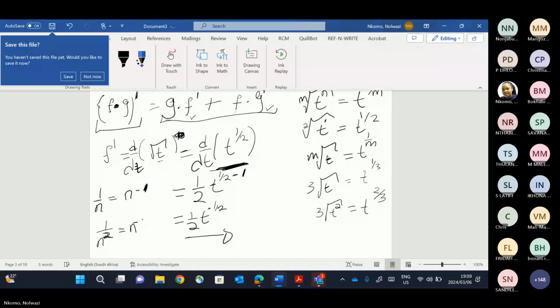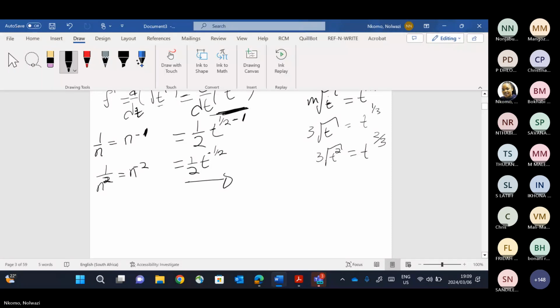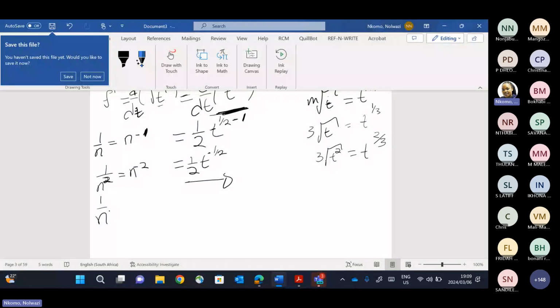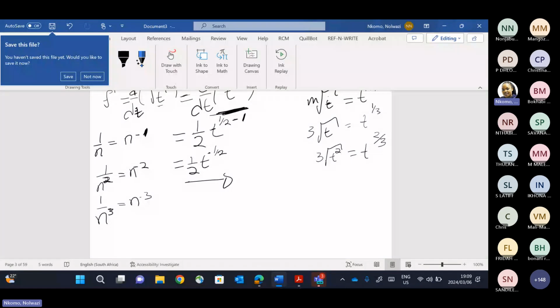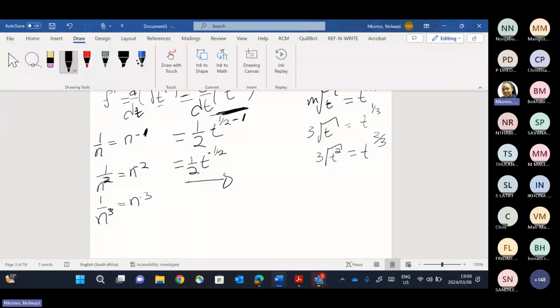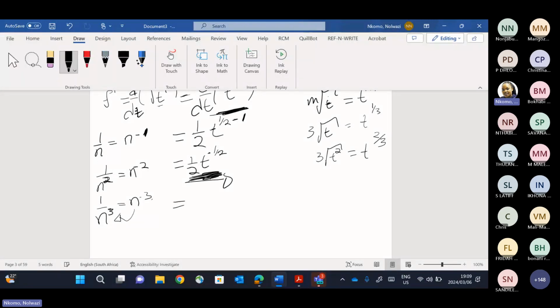Okay, 1 over n to the power maybe 3 is the same thing as n to the power minus 3. This is where I'm going. You can leave your answer here, but if it's more simplified, n to the power minus 3 is the same thing as 1 over n to the power 3. Okay, this is where I'm going. If this was more simplified, then we are supposed to write this as